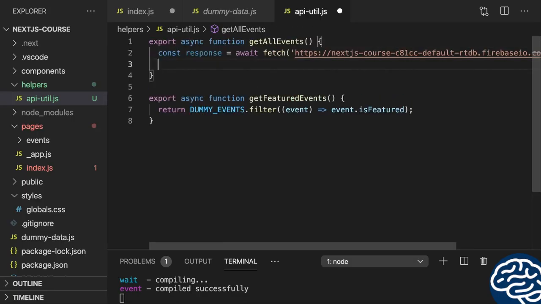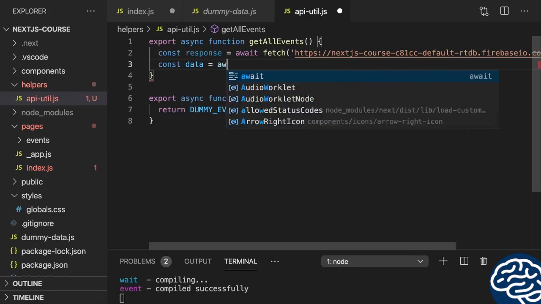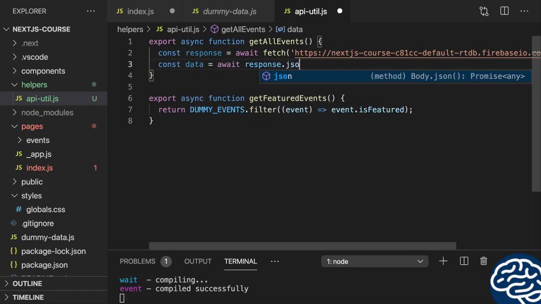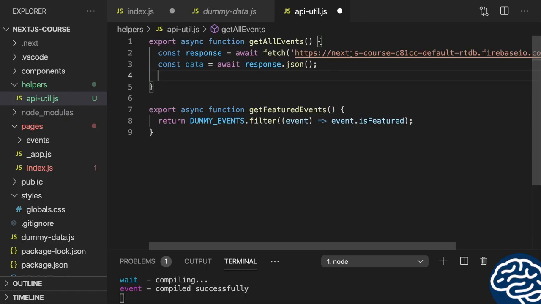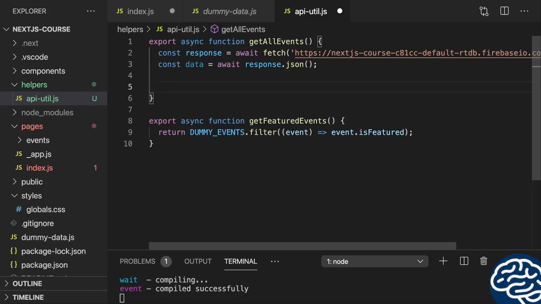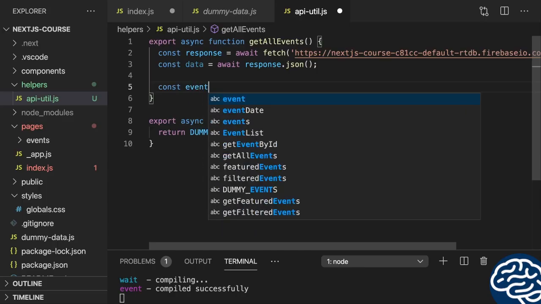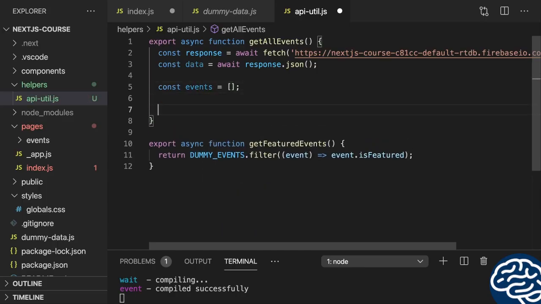without then. Under the hood, async await still uses then, but we can write it in this more convenient way here. And we can get our data by awaiting response.json. We also might want to implement error handling here, but for the moment I'll skip it. Instead here we then have the data, and as you learned in the last section, Firebase returns your data as an object. So I will transform my events here, I'll add them as an empty array, and then loop through